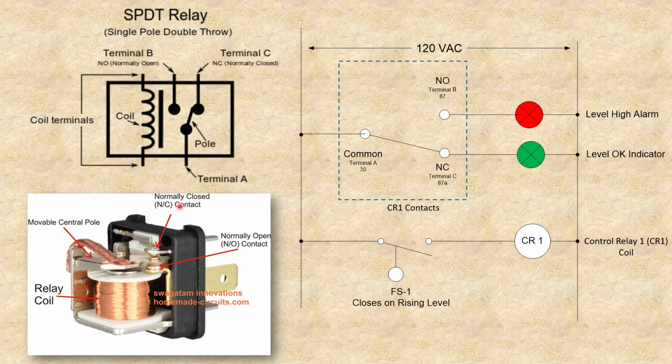It's normally closed on this side, normally open on this side. So in an application, let's take a look at this. CR1 is the coil circuit, control relay coil. That's the schematic symbol for the coil. Right now,